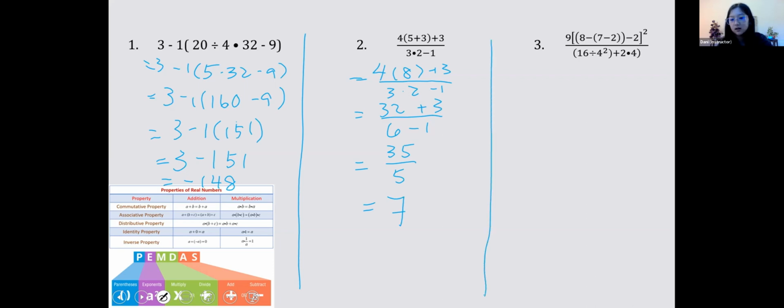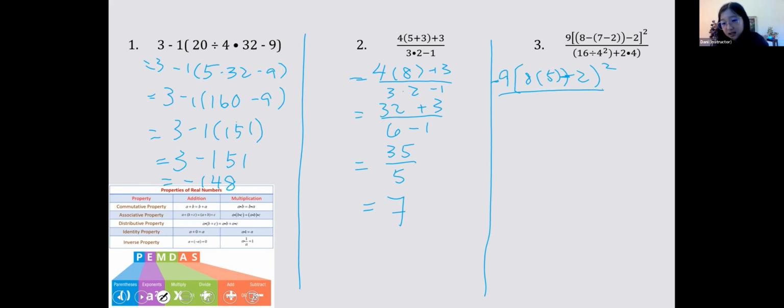Okay. Now the third problem. So this is a very lengthy one. And so first we do the stuff inside the parentheses, right? And you see there's three parentheses. So we do the innermost one. So it'll be equal to 9 times 8 minus 5, minus 2 parentheses squared over,